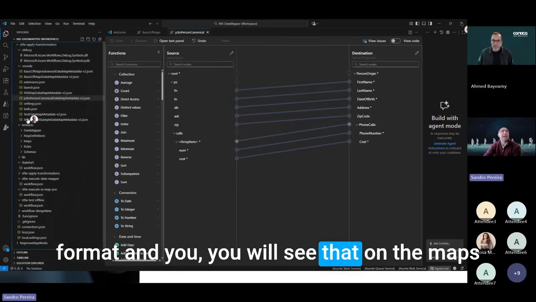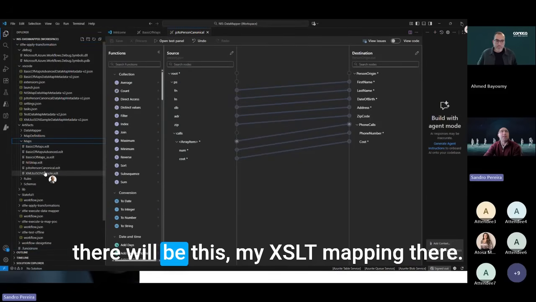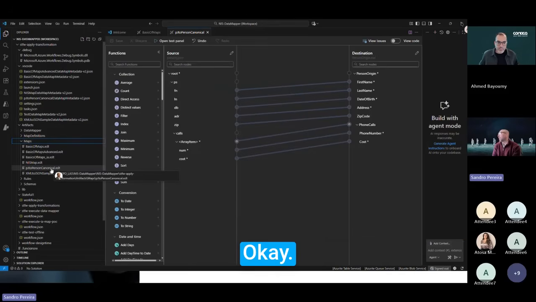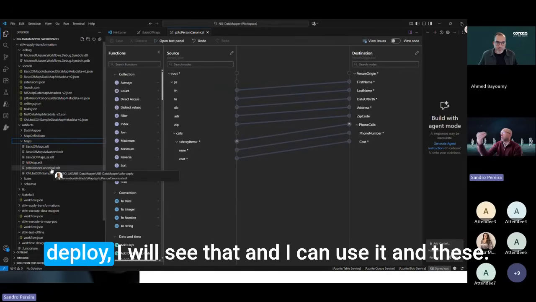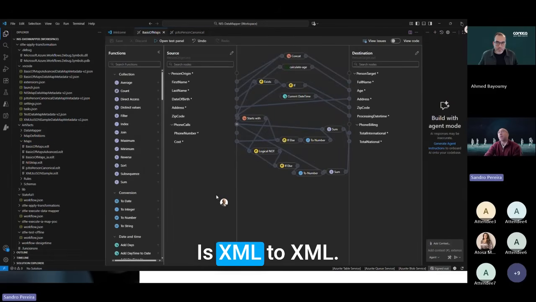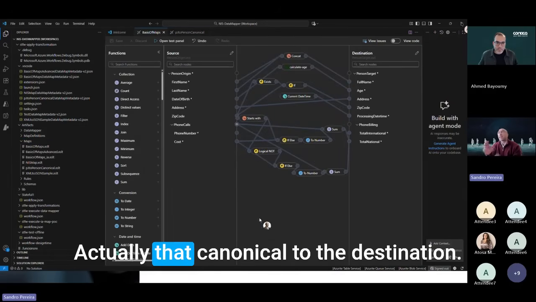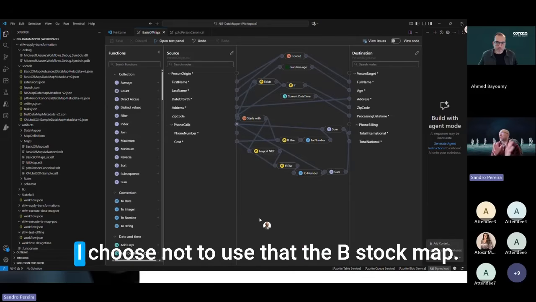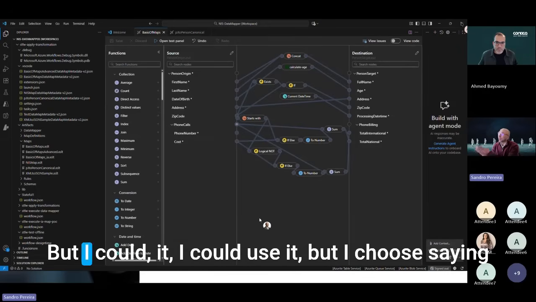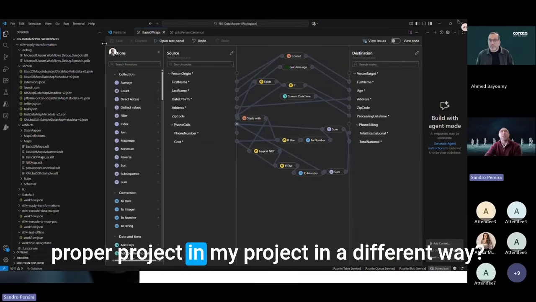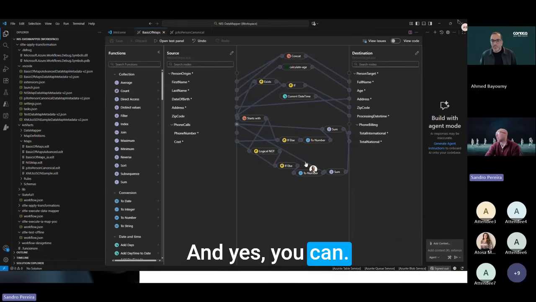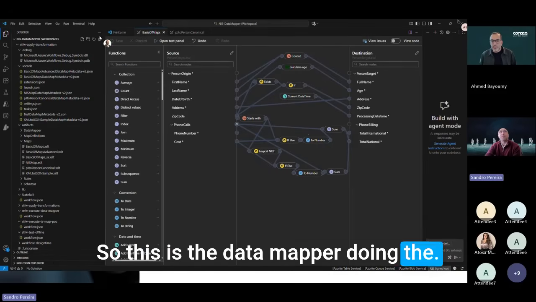And you will see that in the Maps folder, there's my XSLT mapping there, okay? Once I save it, it will generate the XSLT that, when I deploy, I will see and can use. And this is XML to XML, okay? Actually, for the canonical to the destination, I chose not to use the BizTalk mapper. I could use it, but I chose to ask whether we can migrate this and put it in a proper project, in a different way. And yes, you can. So this is the data mapper doing